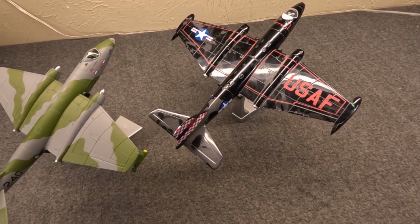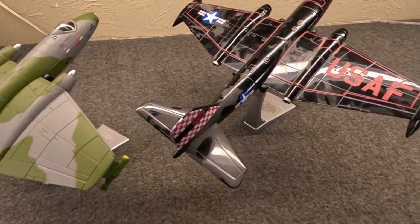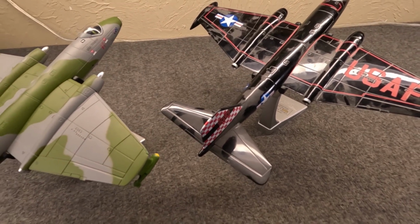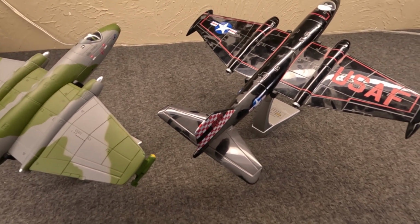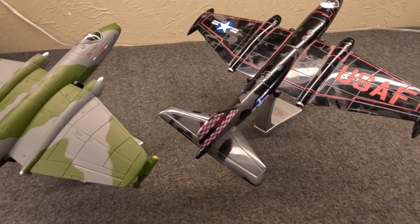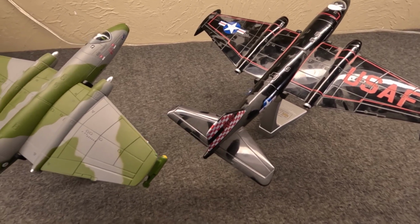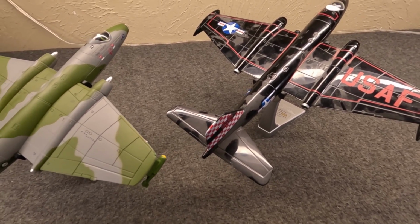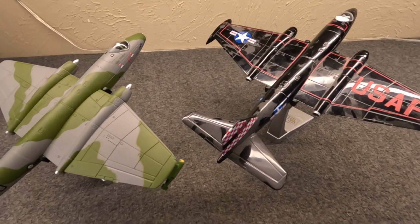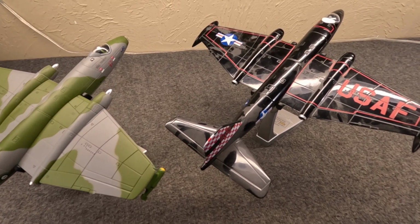RB-57F project. And the F is really almost a whole new Canberra. It has a huge wing. It was mainly made for extremely high altitude surveillance, like weather monitoring and surveillance of nuclear testing, sampling. In fact, a lot of them were designated as weather aircraft later on, and 3 are even being flown by NASA into the 21st century. But I digress. 21 RB-57Fs were